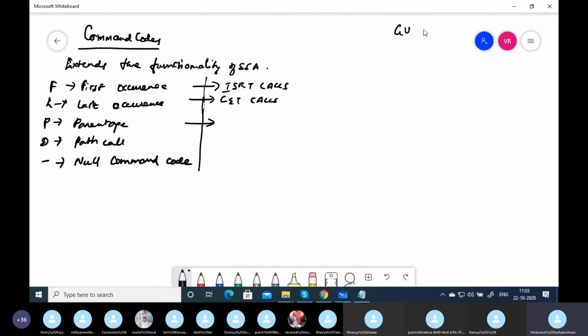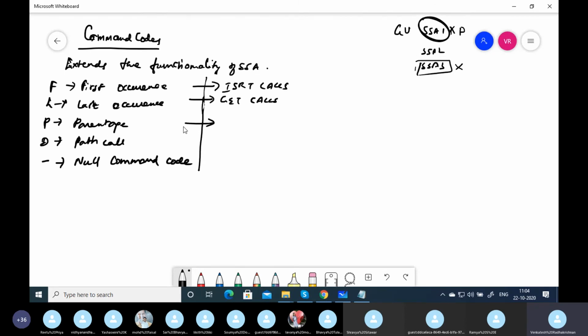For example, a GU call with SSA1, SSA2, SSA3, three levels. By default, parentage will be set at the lowest level SSA. If you want to set it elsewhere, we give star P. If we give star P on a higher SSA, the parentage will be set there and not at the lowest level, which is SSA3.